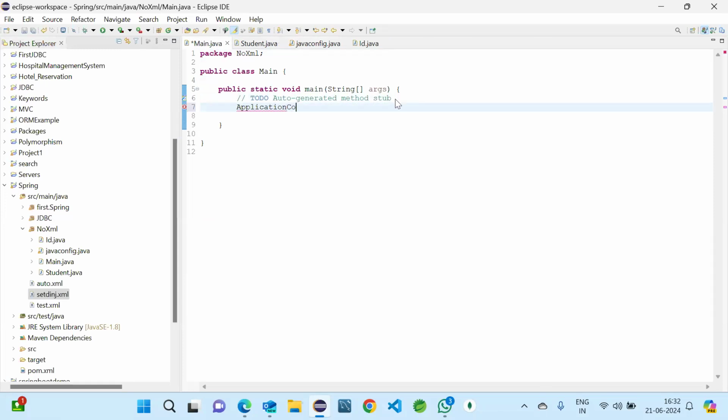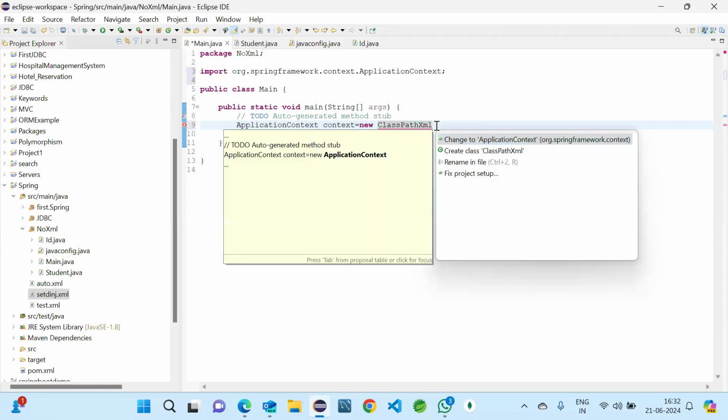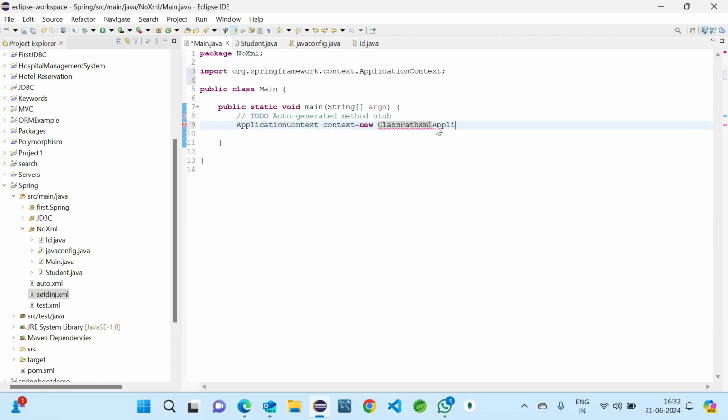application context and import this one, and then new ClassPathXmlApplicationContext,